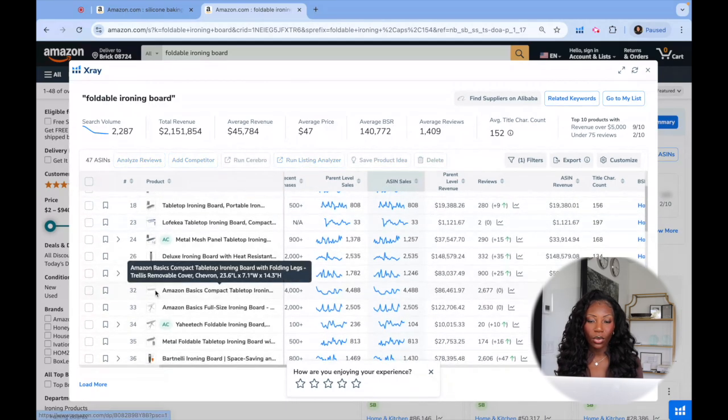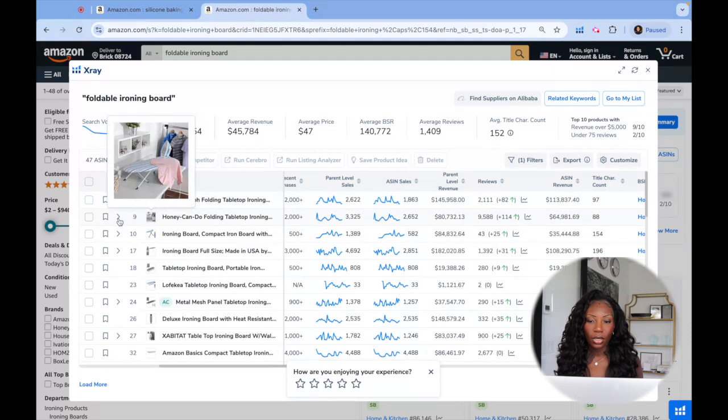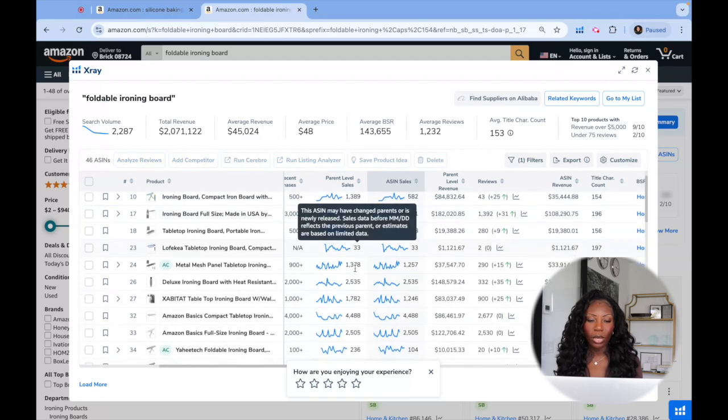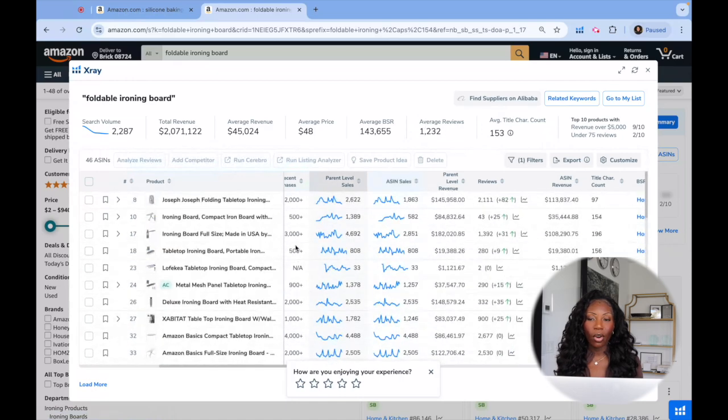Okay, this one's got 2,000. Tabletop, it's not exactly the product, but that one is a tabletop, not a foldable ironing board. Let's remove it. Okay, it seems that we might be able to get this number down, but there are two